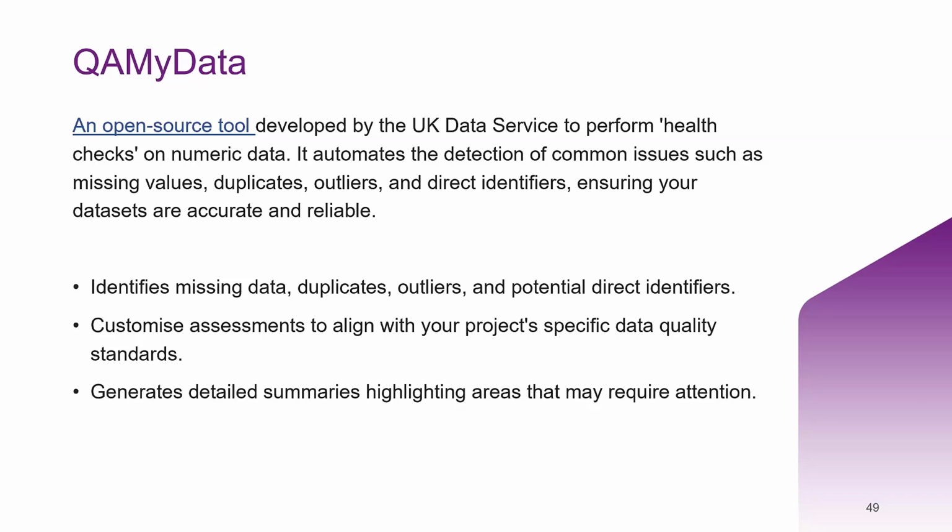It uses regular expressions, which are patterns. So it can detect, for example, anything that follows a pattern, a phone number, an email address, a postcode, all of these follow a pattern. And as long as you give it the pattern, it's going to be able to tell you, oh, yes, I found this in variable 300. It's easy to use. You do have to use command prompt, but it's a line that's all documented within the user guide. And we do welcome all researchers to make use of QA My Data as a tool to check